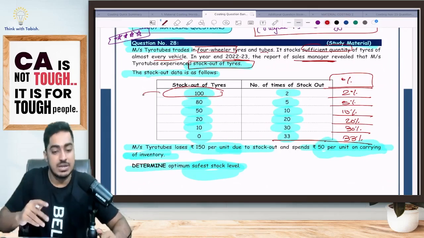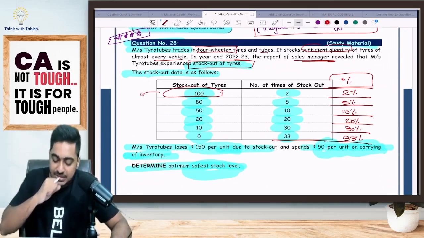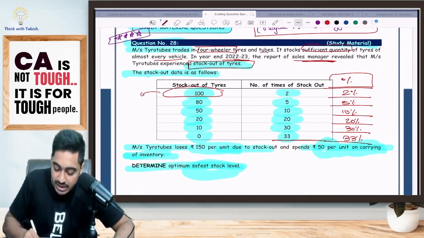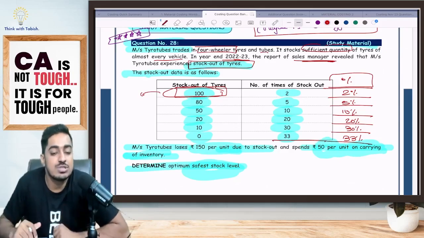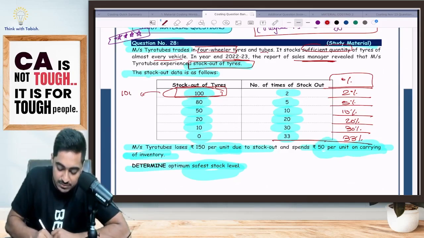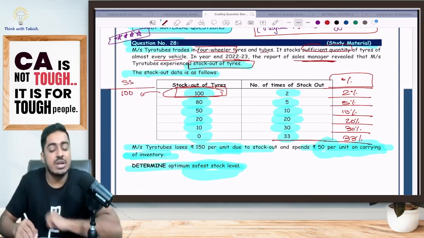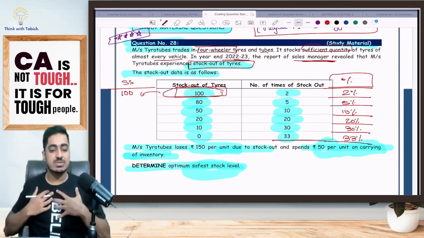It can be possible, yes. One of the possible scenarios is that a customer comes and asks me for 100 tires. But because I am not having safety stock, I am not in a position to sell 100 tires. So if I have to overcome this, how much safety stock will I have to keep? If I keep 100 tires as safety stock, is it going to be sufficient? Yes. Imagine you are the customer, I am the supplier.